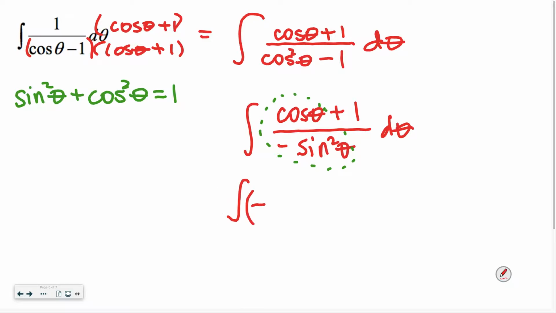Negative cosine over sine is cotangent, but we have an extra sine in the denominator, so it comes up to a cosecant. Minus 1 over sine squared is the same thing as